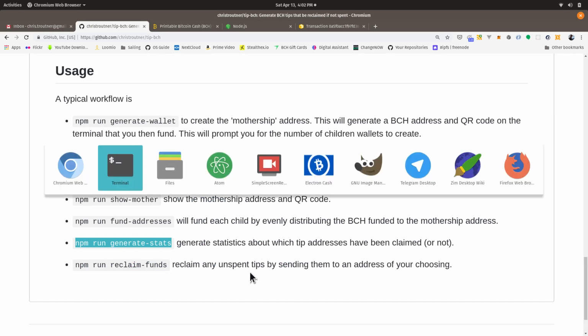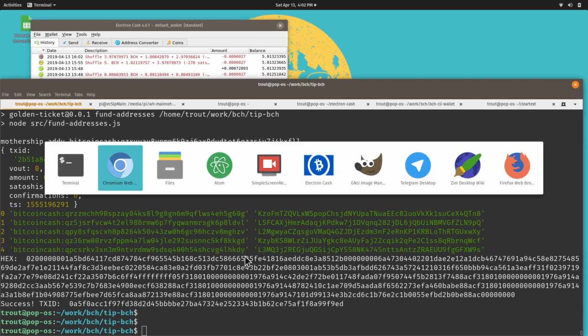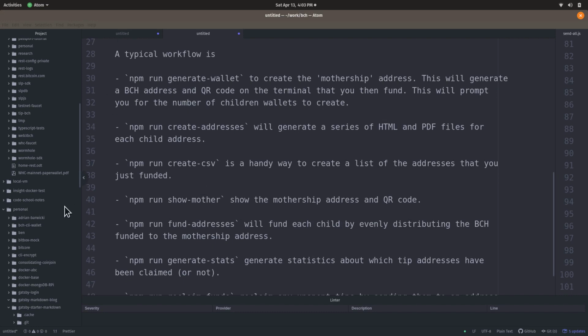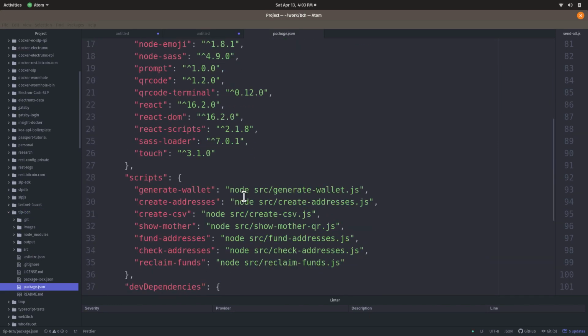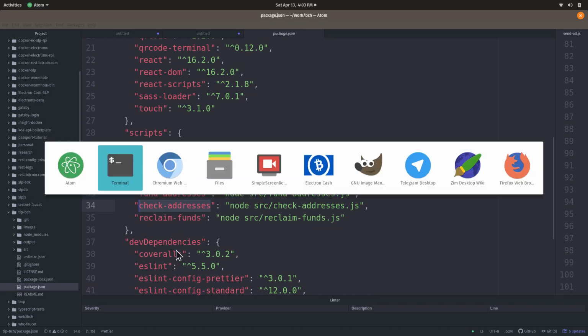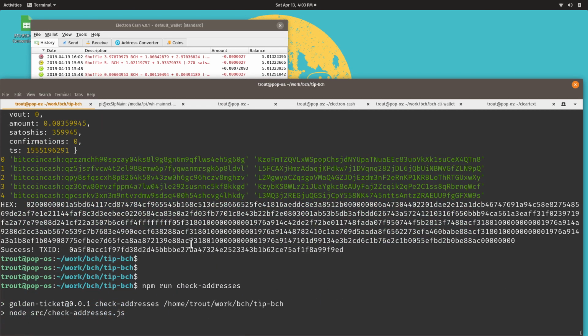That's not actually the command. I meant to take that command out. That command's not the command you want to run. There is a command, Tip BCH, check addresses. I'll update the README so that it has this, but you can check your addresses, and that's going to create a CSV file,